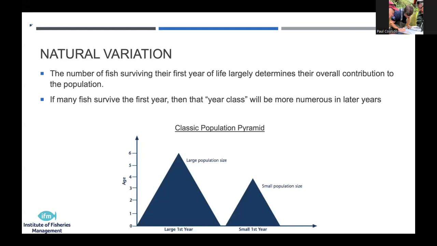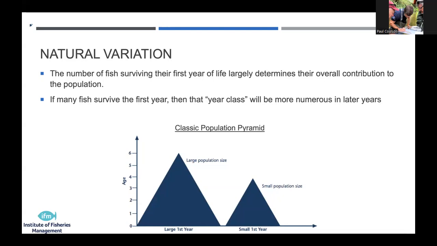All that means is that if you get a good spawning year, that population survives and progresses through the population of a preceding year, so you see more fish and then larger fish as the population moves through. That's referred to as a year class or year class strength.